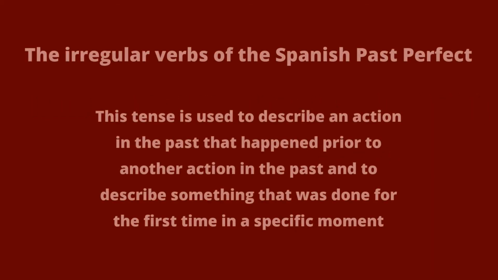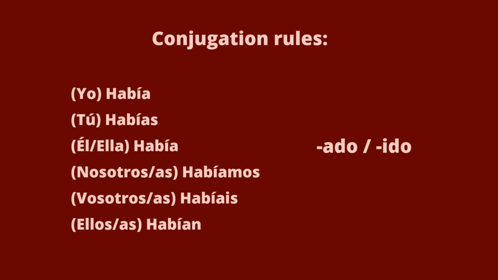We are going to learn the irregular verbs of the Spanish grammar tense Pretérito Pluscuamperfecto. These verbs have two parts. The first part will always be había, habías, había, habíamos, habíais, or habían, depending on the person who does the action. But the second part can be irregular. And the irregular verbs are exactly the same ones as the irregular verbs in the Pretérito Perfecto.